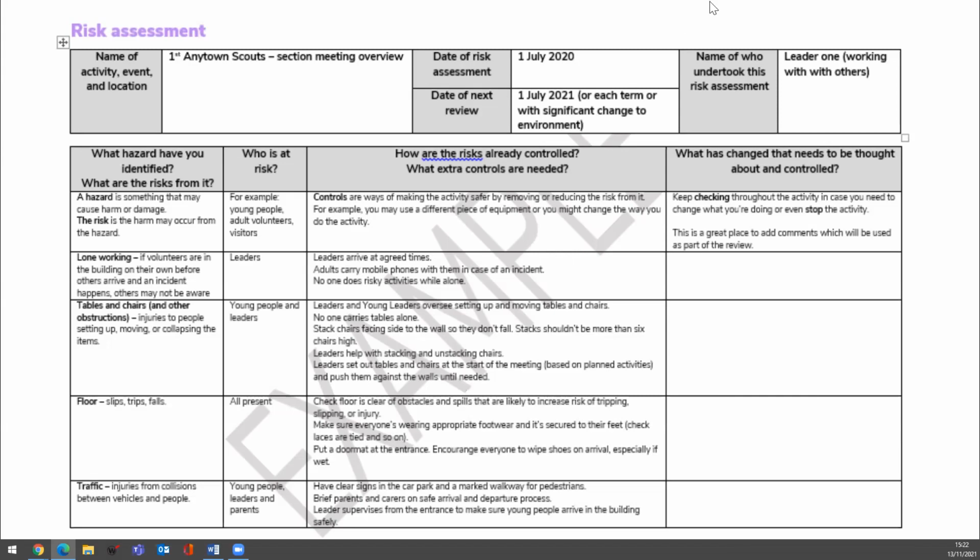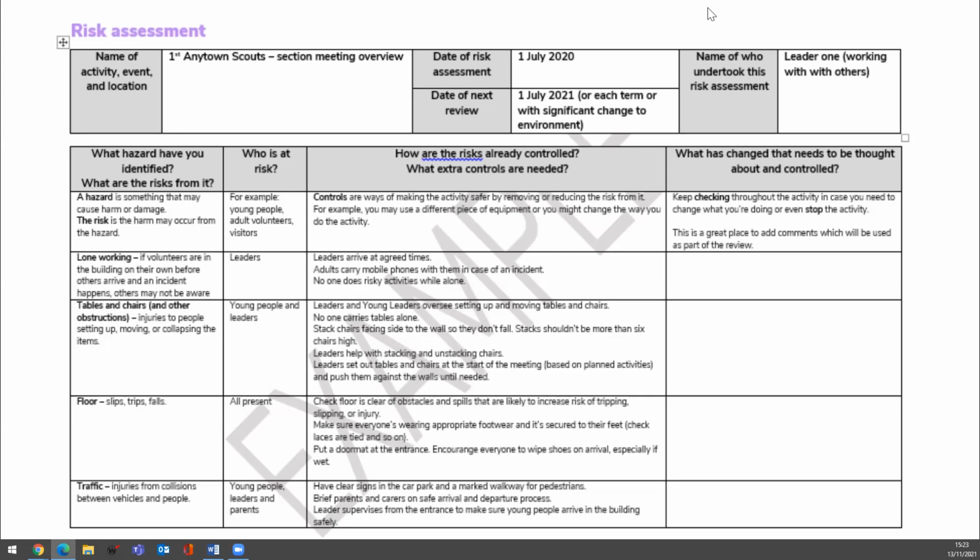I think a good thing to remember as well for when you're in the place of the activity is that you can add to the risk assessment if you see something and think, oh, actually I haven't thought about that. You can completely add to it, whether that's after it's taken place or during it if you've got time. But also if something does change or happen that you weren't expecting, don't be afraid to change the activity or even stop it if the risk increases and you think that actually this isn't safe anymore, we need to stop it.